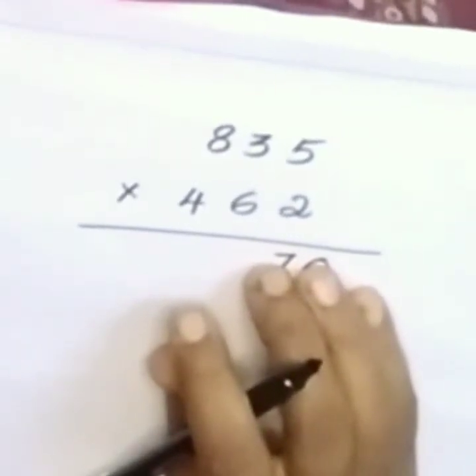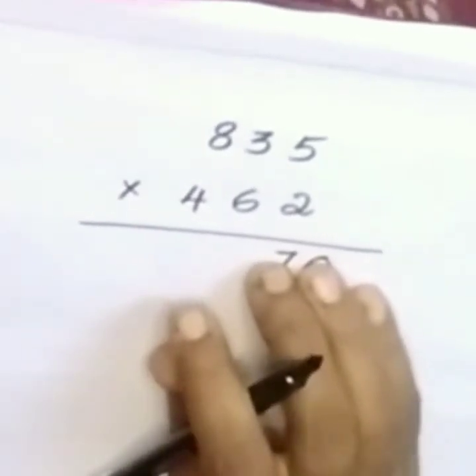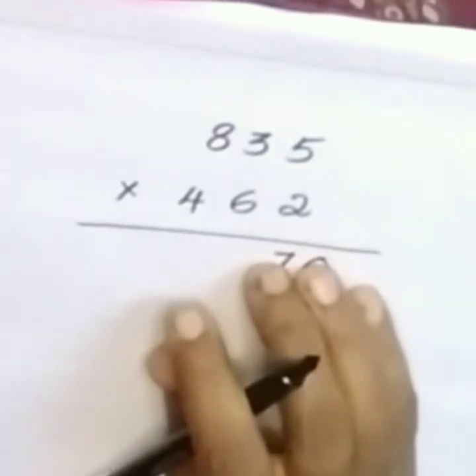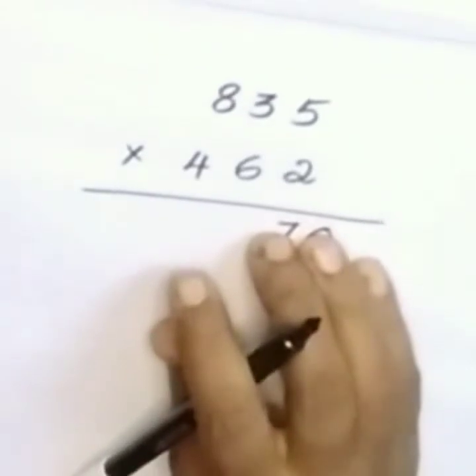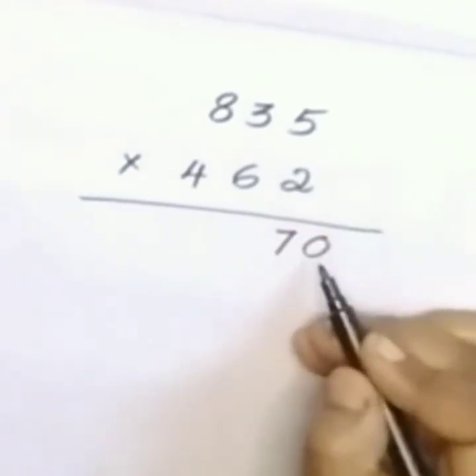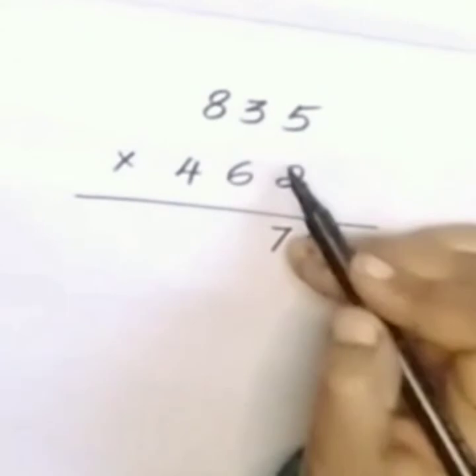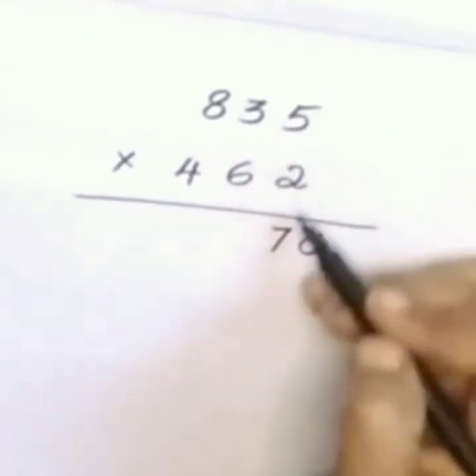So I will avoid this balancing technique and I'll tell you the answer. If you understand the steps, you can do it in your mind and you'll get the answer in a single step. Now 835 into 462. How to multiply this? Now first step, 2 5s are 10. So write 0 here, 1 is left. Now 2 3s are 6. 6 plus 1, 7. 7 plus 30, 37.